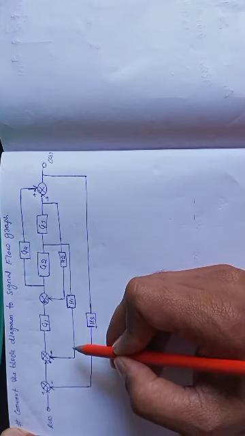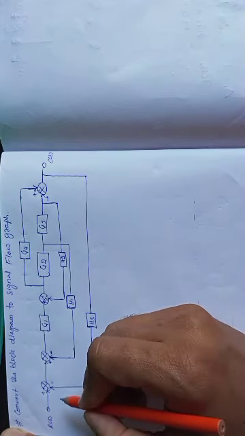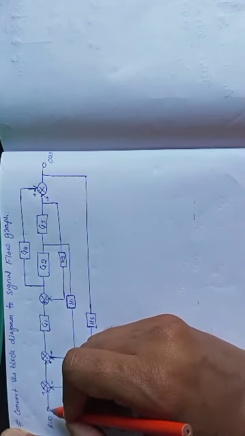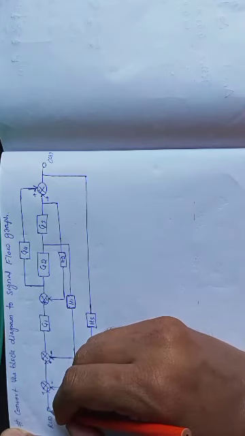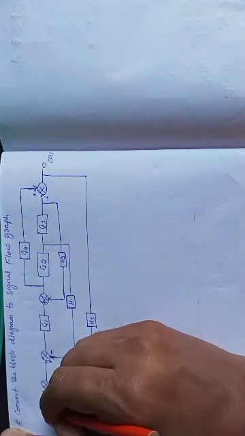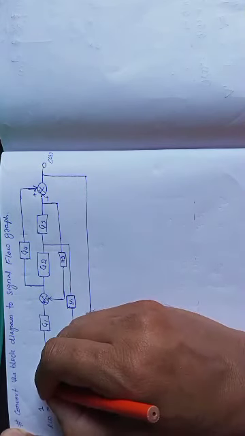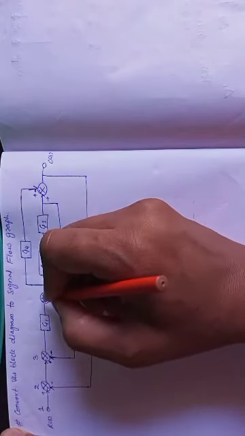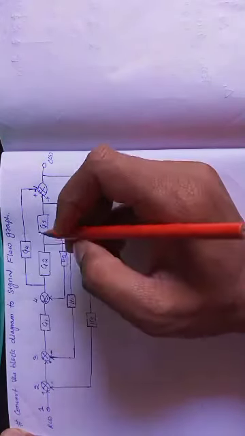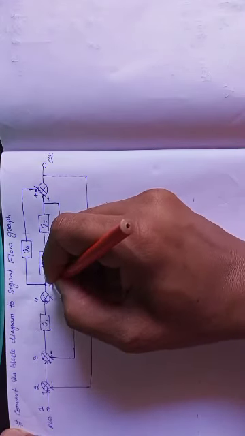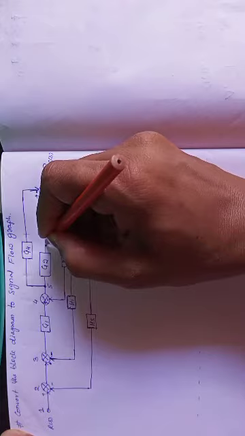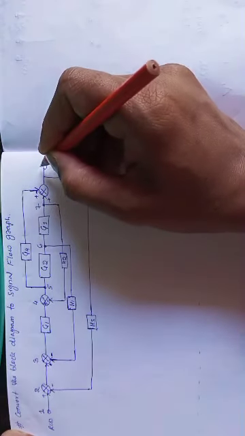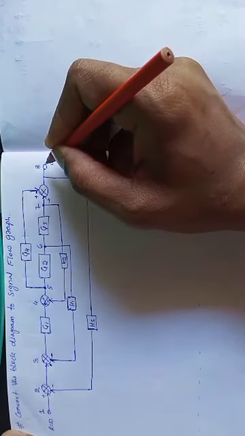In this block diagram, the first step is to identify the number of nodes given in the block diagram. Here input is node 1, summing point is node 2, this is node 3, one more summing point node number 4, and here branch point is node number 5, another branch point is node number 6, and this is node number 7, and output is node number 8.